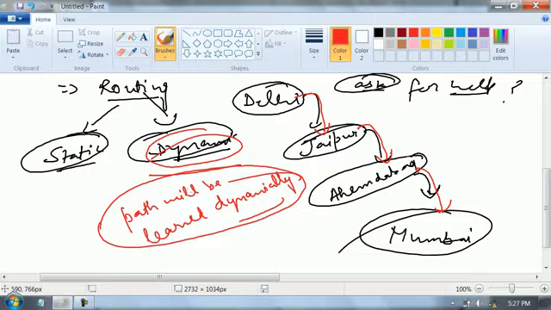If in the upper case, someone told me the way, like you have to travel to Jaipur from Delhi, from Jaipur to Ahmedabad, from Ahmedabad to Mumbai, just think there is a problem in the path between Jaipur and Ahmedabad. So if I follow the static path, I will get stuck. But if I use dynamic routing, just think like I am using